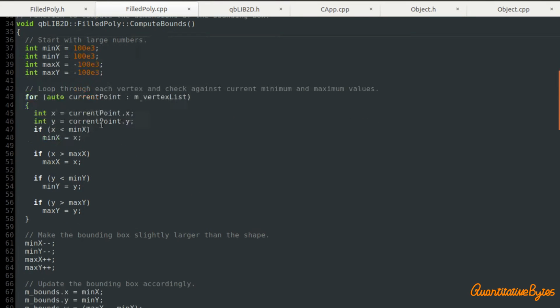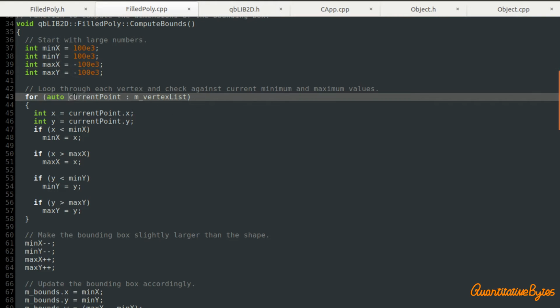computeBounds, this is a little bit different now. So to start with, we simply set some large numbers for these minX and minY. If you think about it, what we're trying to do is simply calculate what are the minimum x and minimum y, and maximum x and maximum y values that would contain all of the vertices of the polygon that the user has specified. So we simply set these initially, minX and minY initially, to large positive numbers, maxX and maxY to large negative numbers.